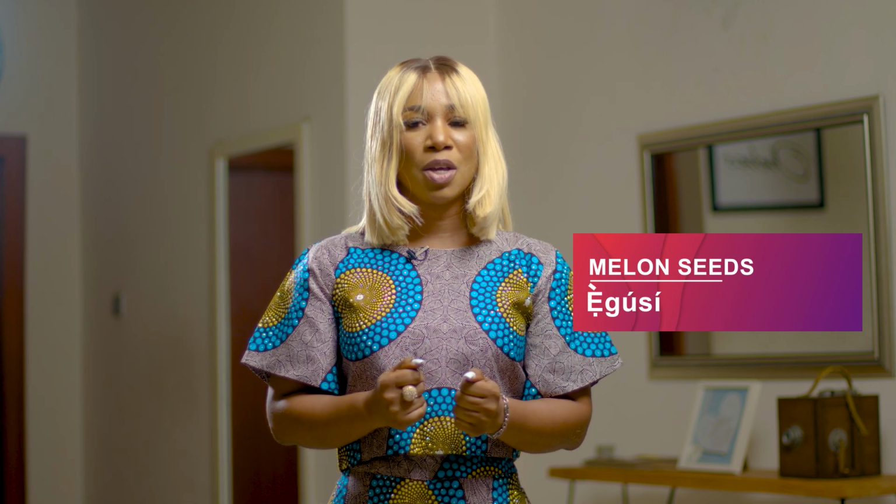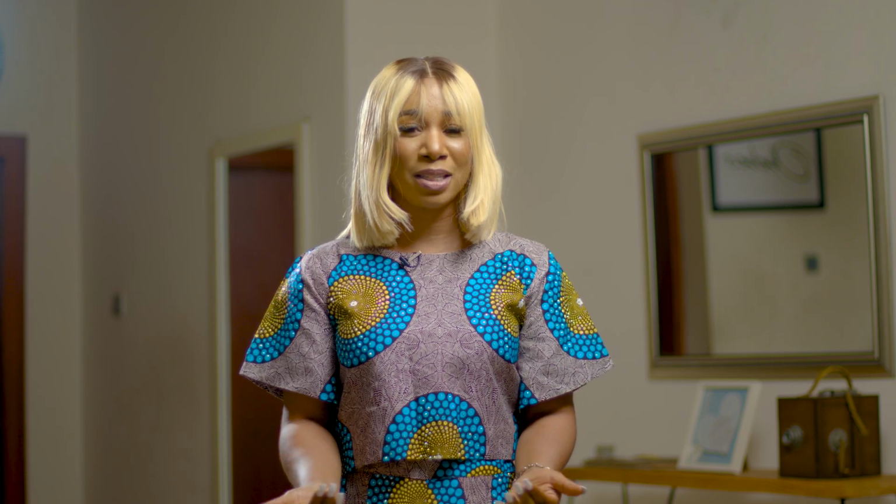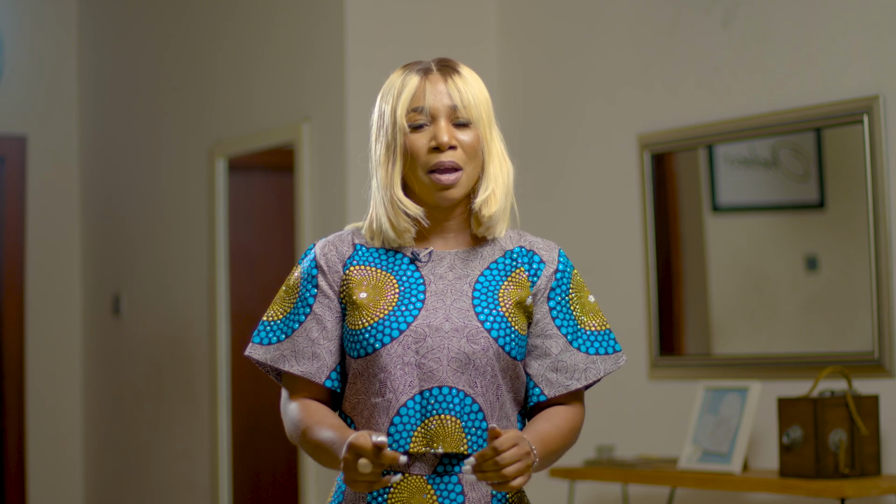For instance, we use melon to cook soup. As a matter of fact, it's the base for cooking some certain soups. Like if you want to cook Egusi Ijebu, it's always plain, no ceremony. But if our Igbo people want to cook their own Egusi, they put ugu to spice it up, and it's always very delicious. So when you want to tell mommy that you want to eat melon soup, all you need to say is